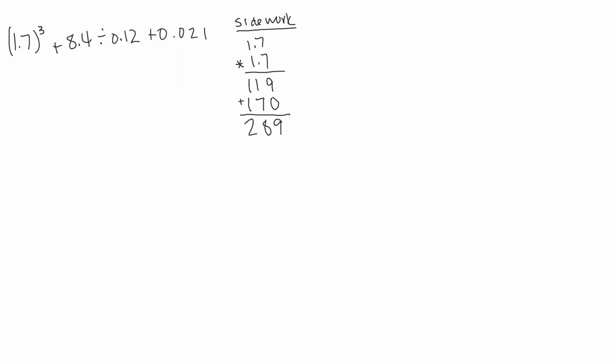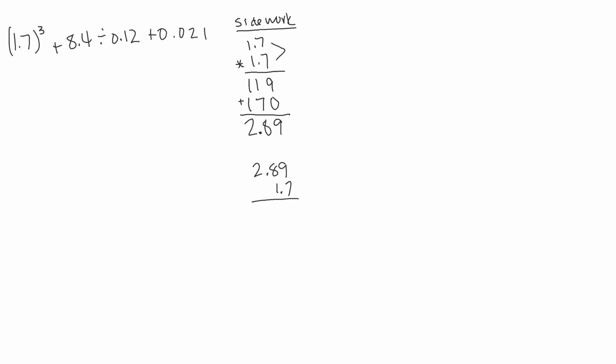And I've got 289. And then I've got 2 decimal places here, so 2.89. Okay. Now I'm going to take my 2.89 and I'm going to multiply by 1.7 again. So we're going to treat this like 289 times 17. All right, we're going to deal with the decimals at the end. So looking at 17, I'm going to multiply by the 7, then I'll come back later and multiply by the